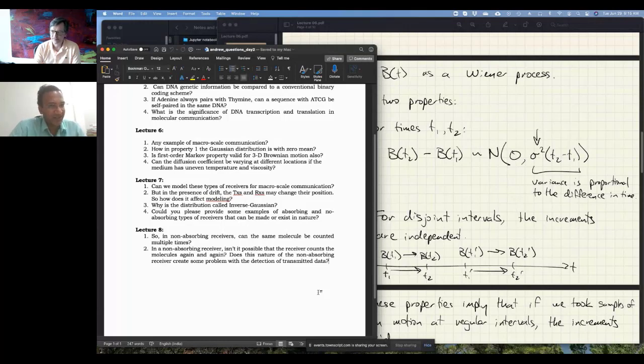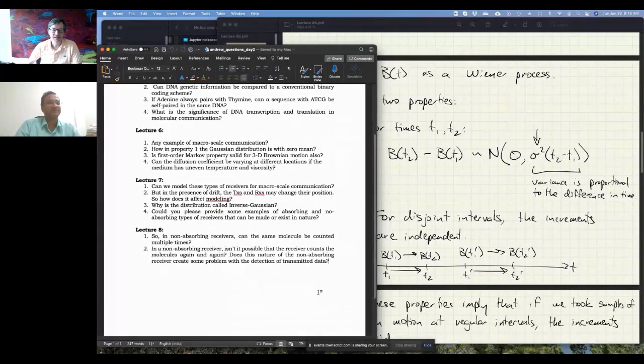That's exactly, I have another question, a related question. So even if you have absorbing receivers, because you do not tag the molecules in the real system, let's say it's still absorbing, but you still can't tag it, then there is out of order delivery. How do you handle that? It's viewed as noise, or what you do is you tear your hair out, because it's a very difficult problem. So some of my first papers had to do with out of order delivery of molecules, and